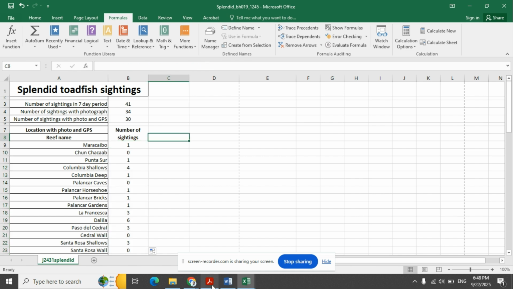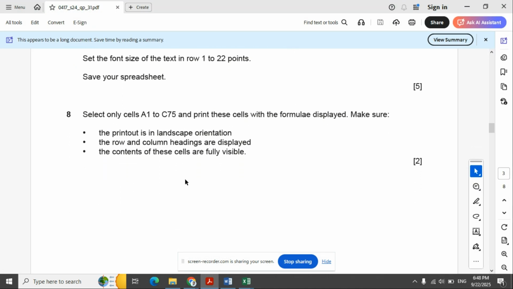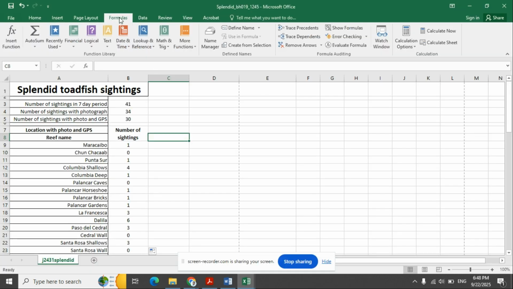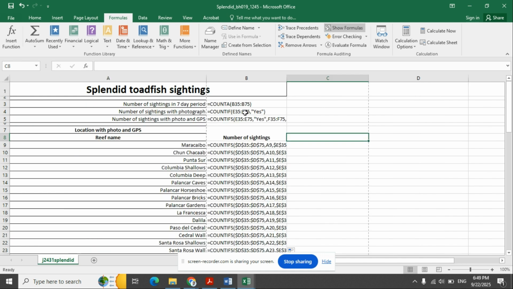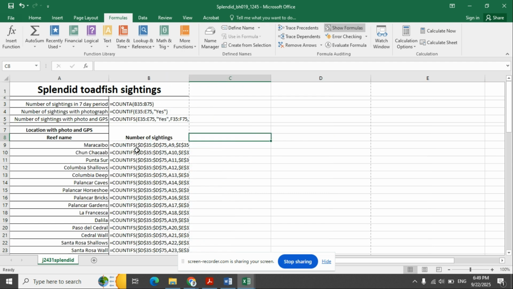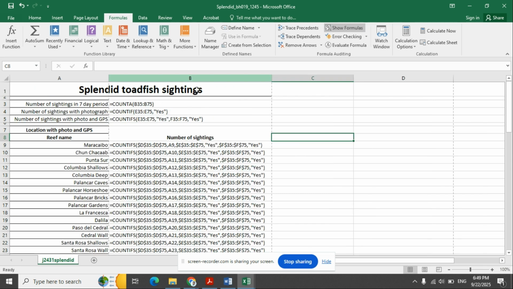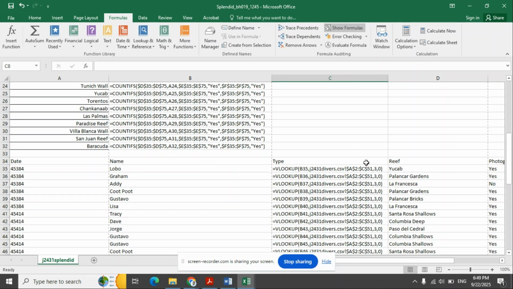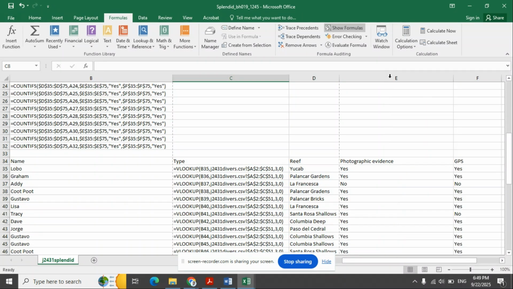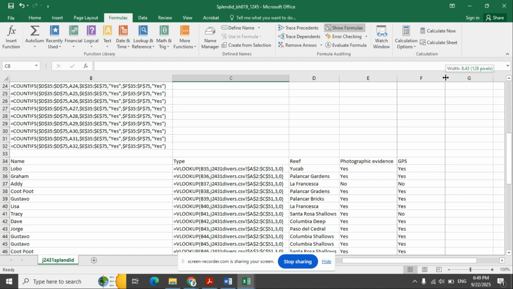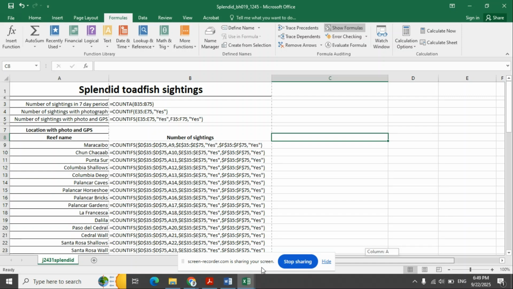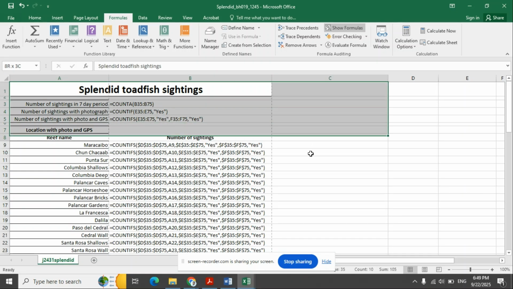Okay, we'll go back to question number 8. So first I want to show formula. So I will click on formula, show formula. Then I will start adjusting the size. Okay, here a formula should be shown in full. Then this one, column C, D, and E. After you adjust, start selecting A1 to